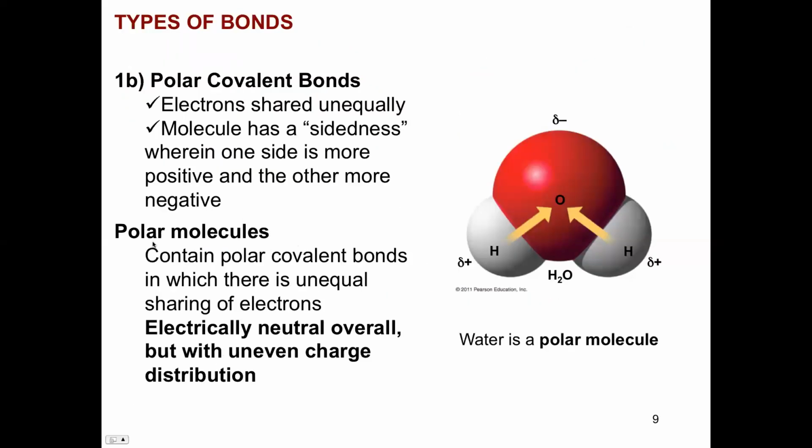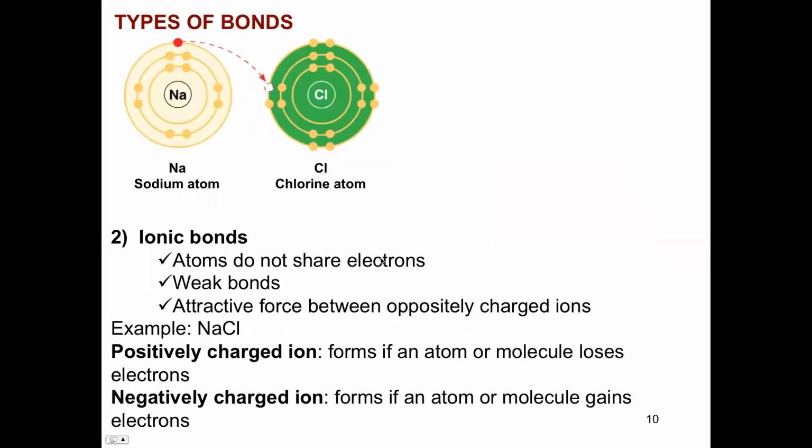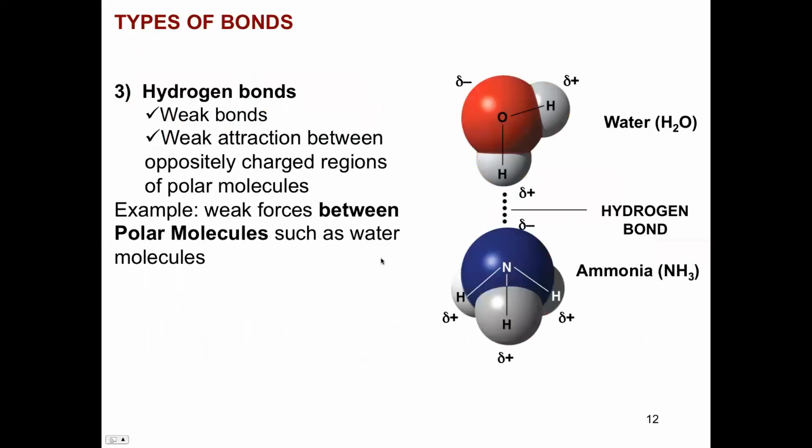So polar molecules, especially these ones here, like water, right? They make these things called hydrogen bonds. These again are weak bonds, but they're an attraction between polar molecules, all right? So here we have water, and we have a sort of like positive side on one side, and here we